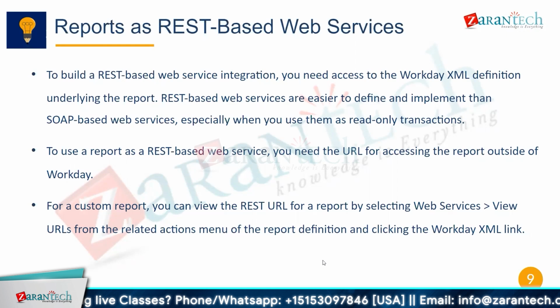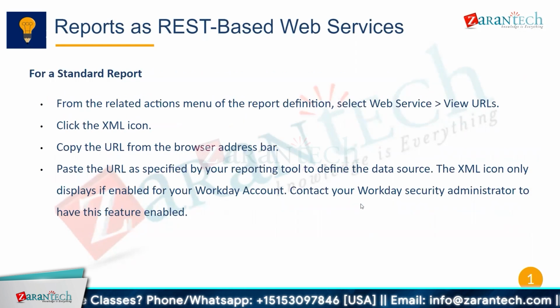So in order to access a REST-based web service, once you create your report, you have to share the REST-based URL to the external parties. For a custom report, you can view the REST URL for the report by selecting web services, view URLs from the related actions menu of the report definition, clicking the Workday XML links. For a standard report, from the related actions menu of the report, select web services, view URLs, click the XML icon,